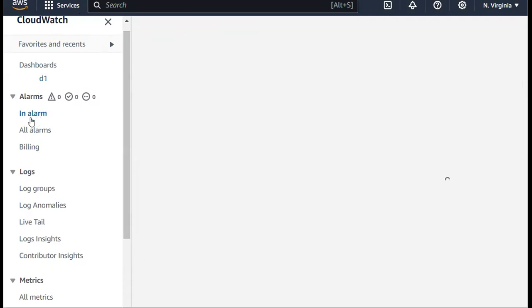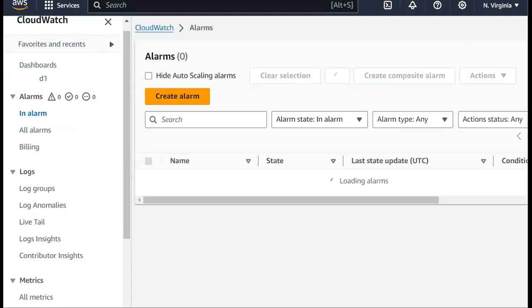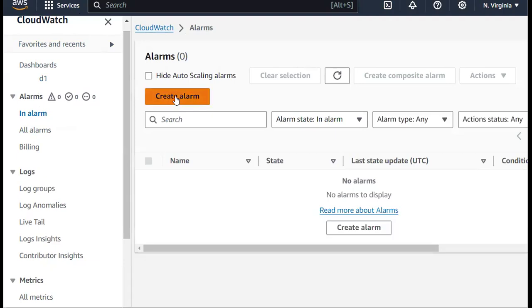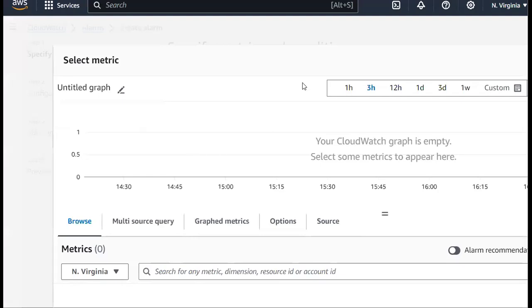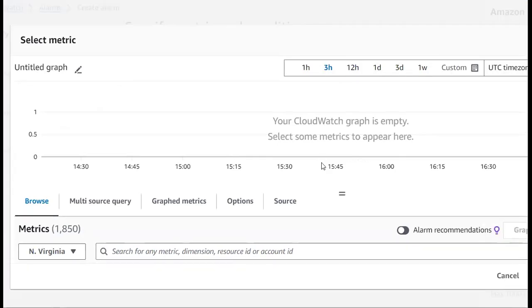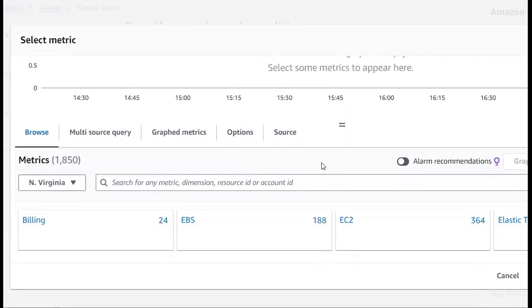You can go to alarms, and if you observe, there is an option to create an alarm. Here you can see the create alarm option. Now I'm just clicking on it. Now I'm providing the configurations which are required to create this. First we need to select the metric. Now I'm selecting that metric, similarly to how we selected previously. I'm just scrolling it up,